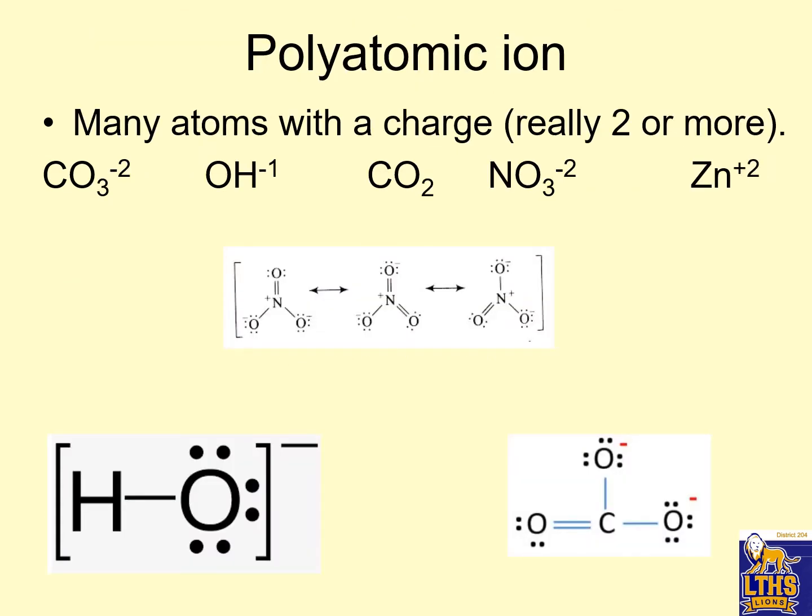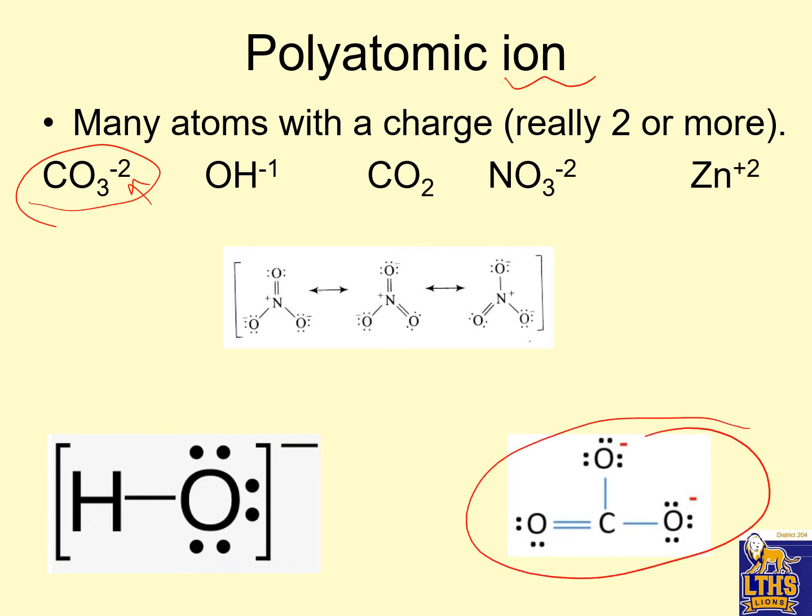Polyatomic ion is a new type of substance for us. It's an ion, has charge, but there's more than one atom bonded together to make the polyatomic ion, and overall there's either extra electrons or somewhere along the way they lost electrons. So CO3 with the -2 is an ion because it has a charge, but it's polyatomic because it's more than one atom. Here's a picture of a dot structure for CO3. Notice the covalent bonds holding those atoms together, but because there's extra electrons, there's two negative charges on the overall